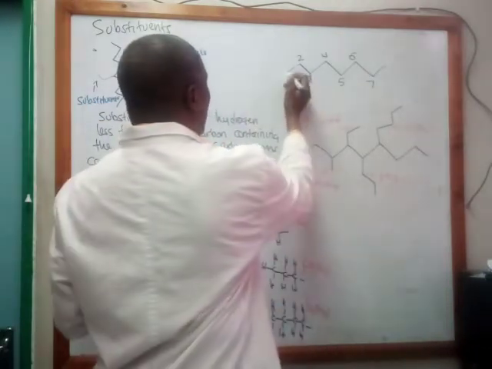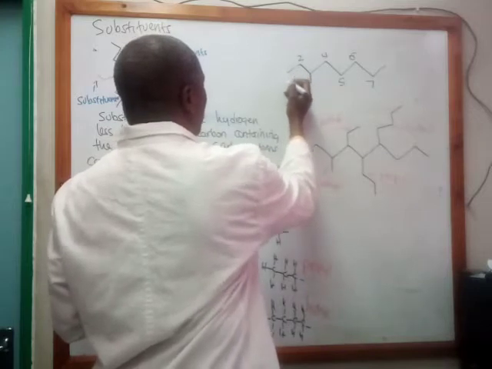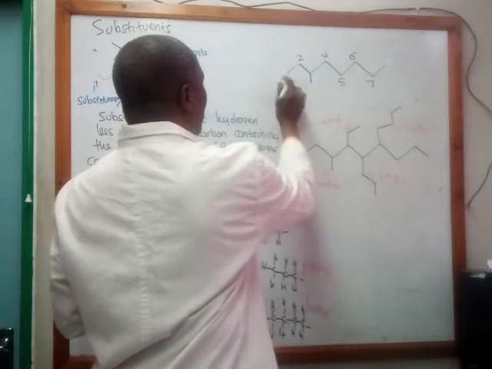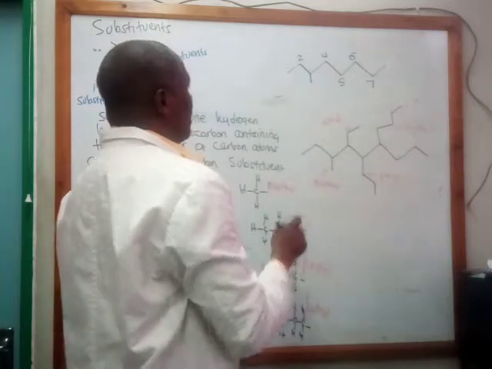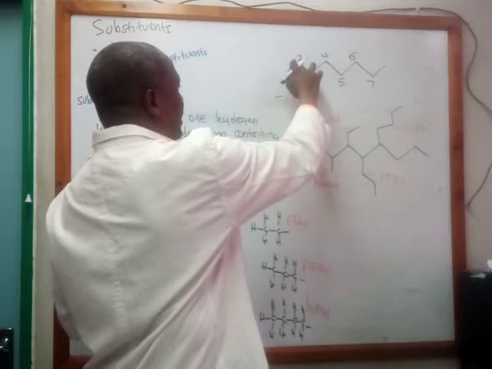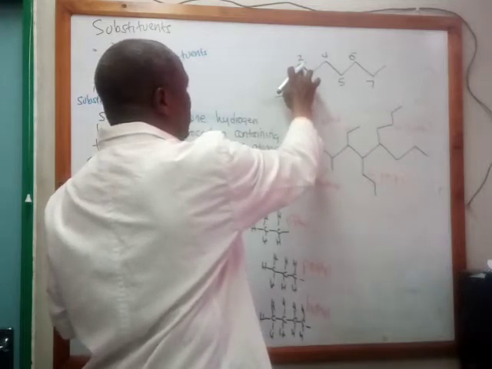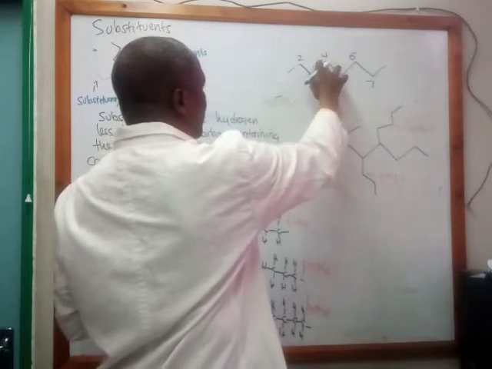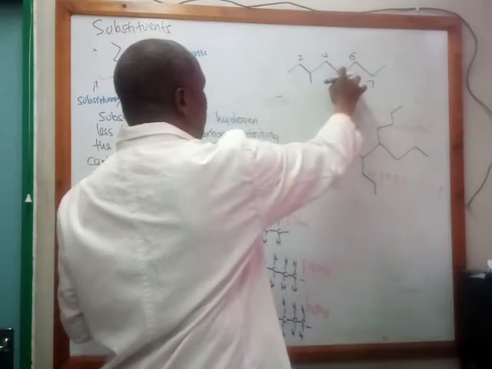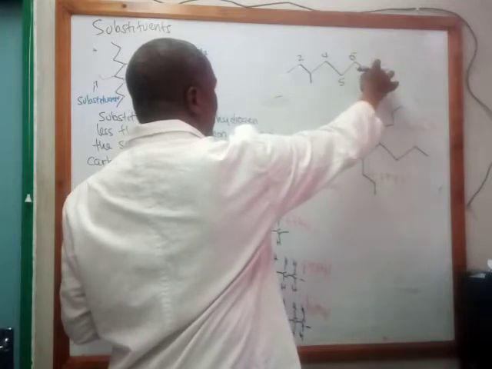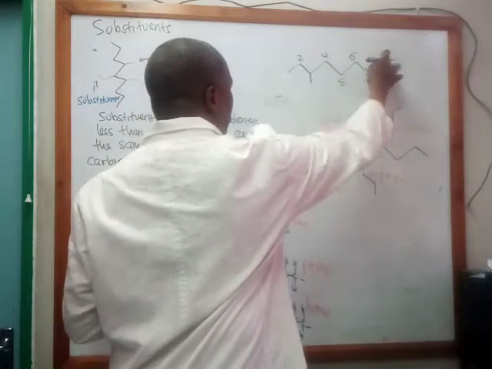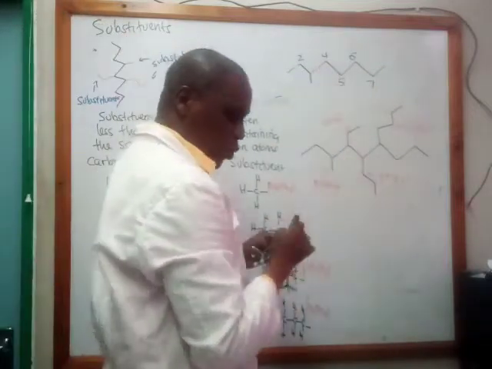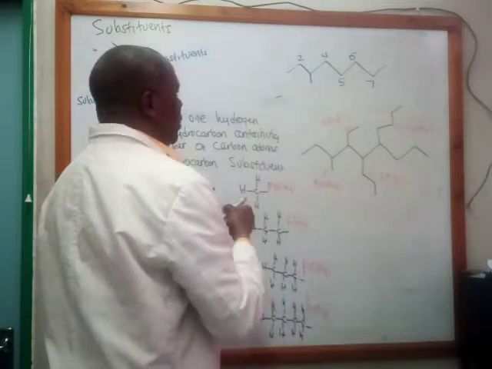When you see an end like this one, it tells you there is a CH3, a carbon with 3 hydrogens. When you see this end here, it's telling you that there is a carbon with 2 hydrogens. This is a carbon with 1 hydrogen, and these are carbons with 2 hydrogens each. Okay? So this group, which I'm showing in red,